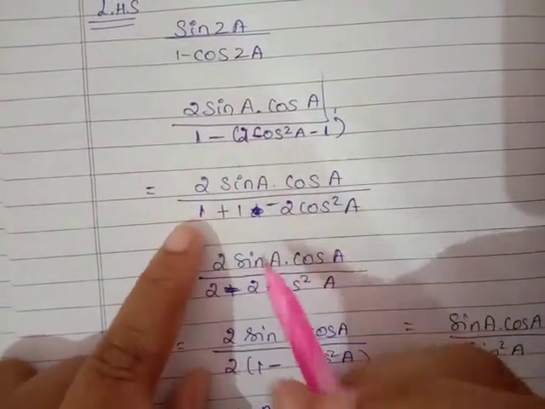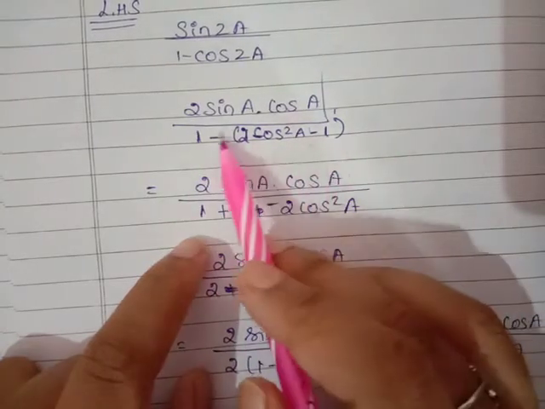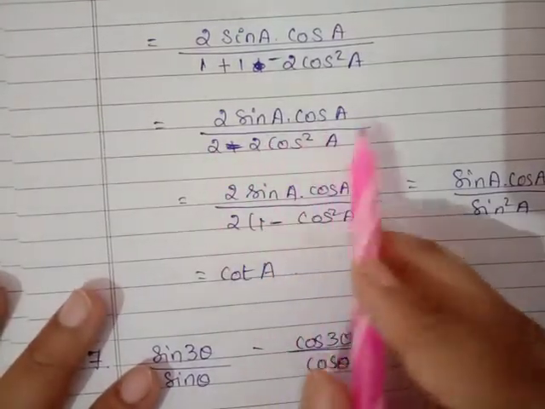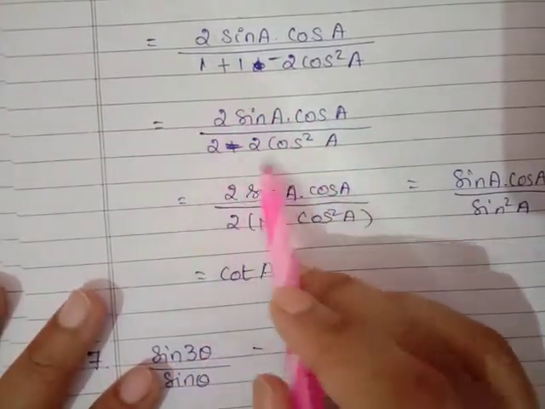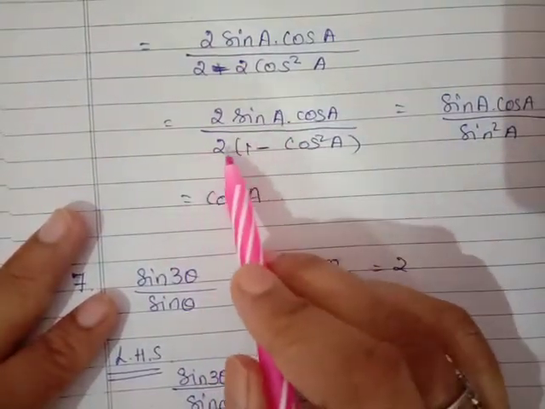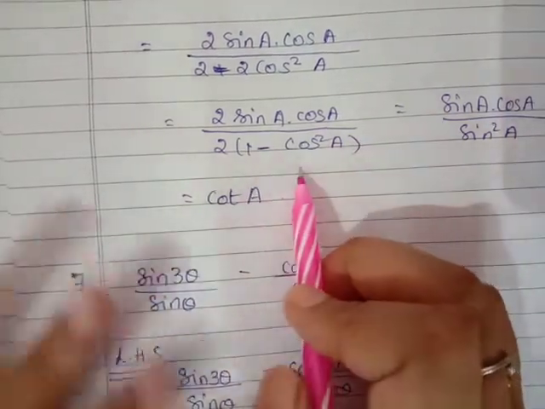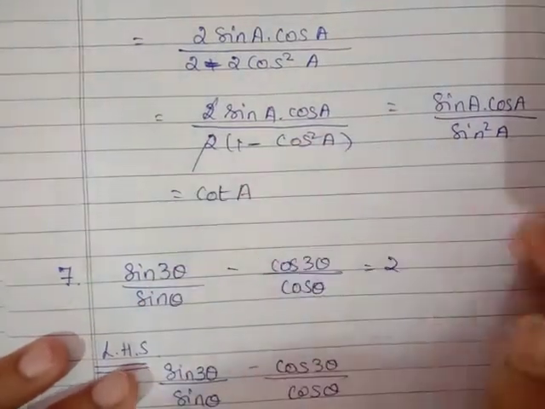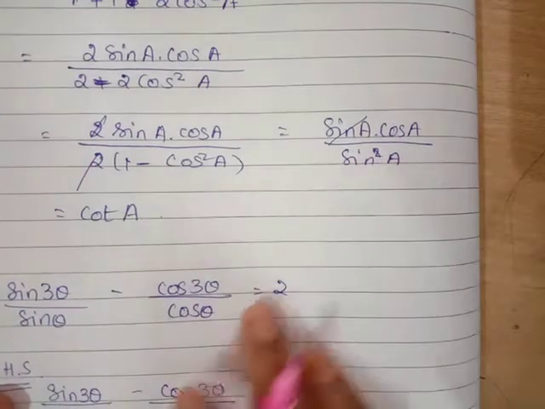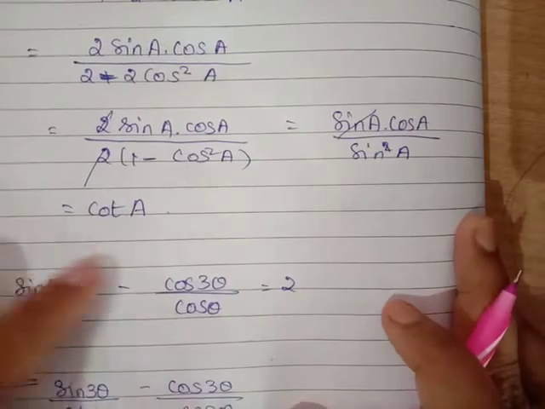So here you will get 2 sin alpha cos alpha. When you multiply 1 minus into minus 1 plus 1 minus 2 cos square alpha. 2 sin alpha cos alpha, 1 plus 1 is 2, 2 minus 2 cos square alpha. Here 2 is common, so taking 2 outside, this will become 1 minus cos square alpha. 1 minus cos square alpha is nothing but sin square alpha, and 2 will get cancelled, and sin alpha, 1 sin alpha will get cancelled, and therefore you're left with cot A. So cos A by sin A will be equal to cot A.